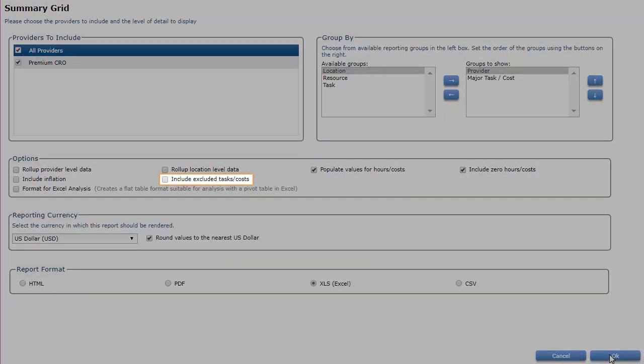The Include Excluded Task Costs option can be selected when you need to export all tasks or costs, whether or not they are turned on or driving costs. This is particularly useful when you have existing mapping codes configured in your plan, so that you can create an Excel file that reads from the same rows, cells each time, regardless of tasks inclusion, exclusion, changes over time, or updates to assumption values cause that task to be excluded.